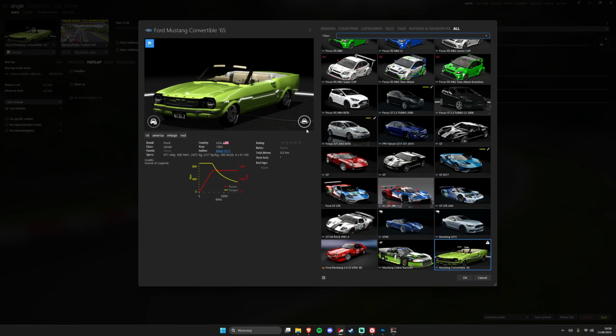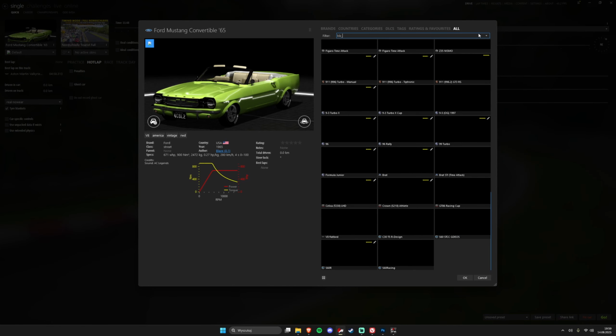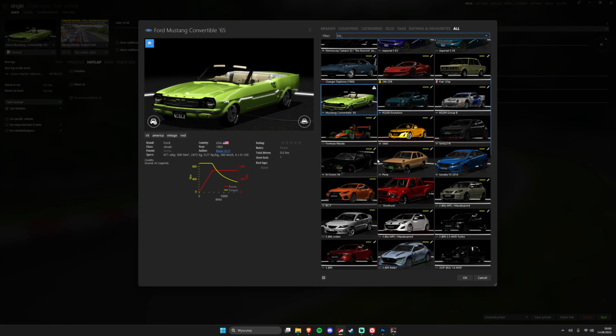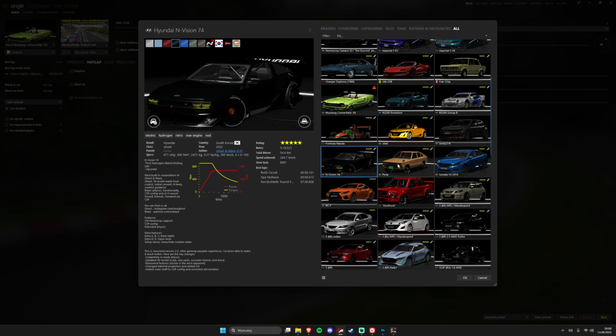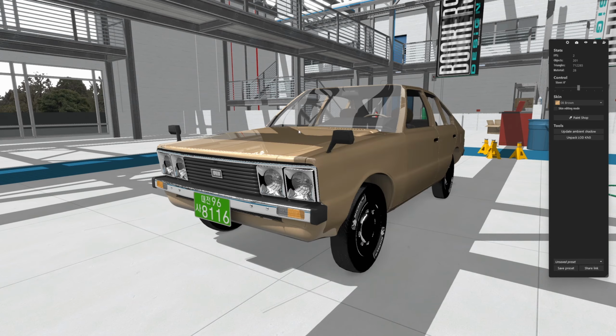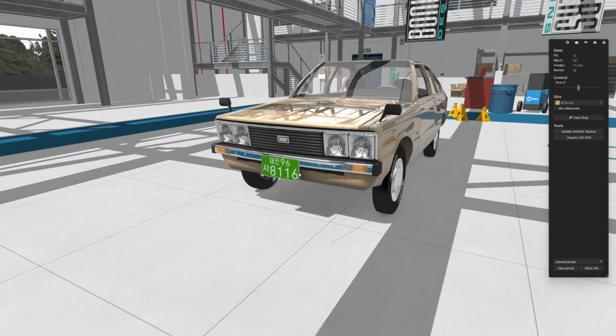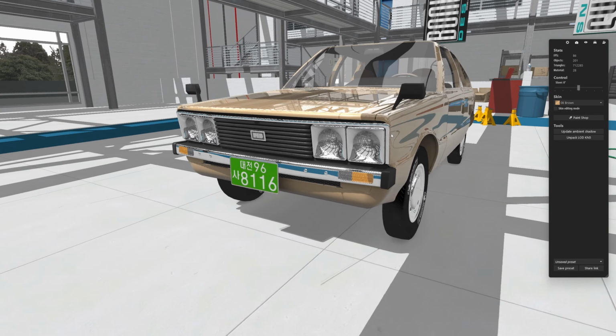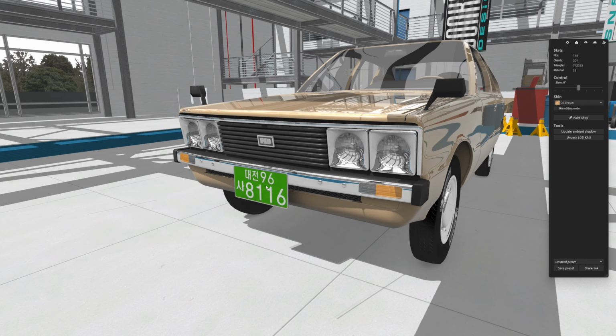Well, you select one of the existing cars. I recommend getting some from my Patreon, preferably some newer ones that I released lately, like this Sonata or Envision, maybe Hyundai Pony for example, and take the props from them as a base. So to do that, you go into CM showroom, click on the material you're interested in, for example this number plate,